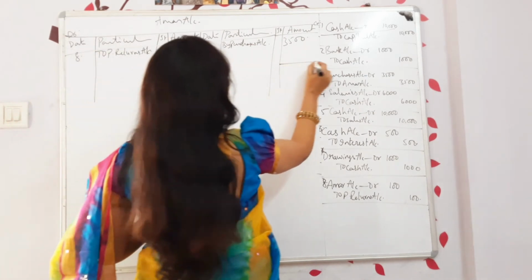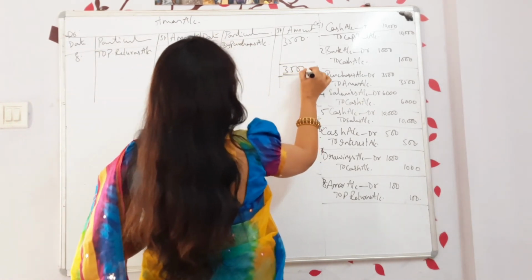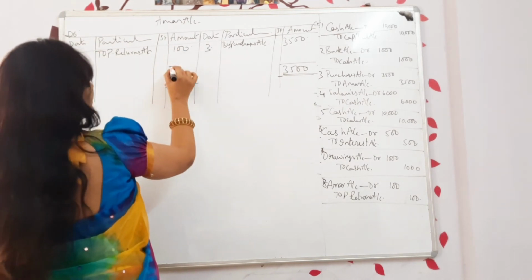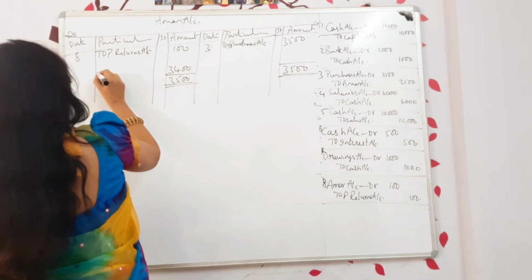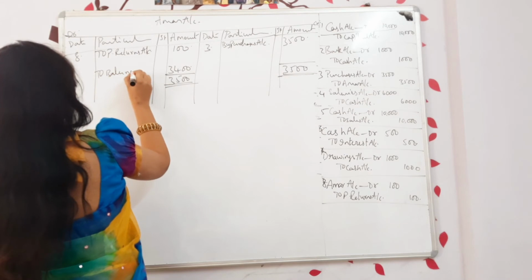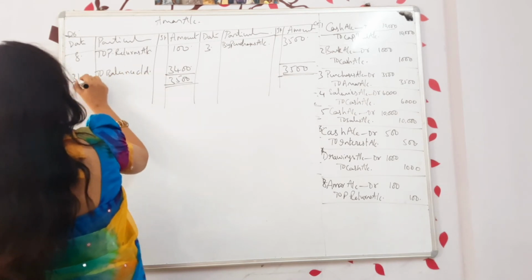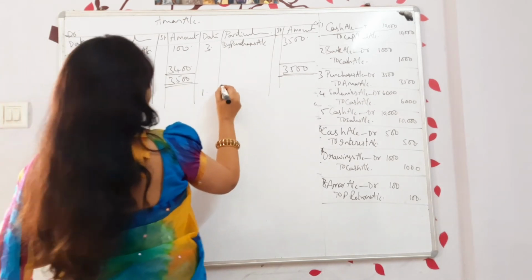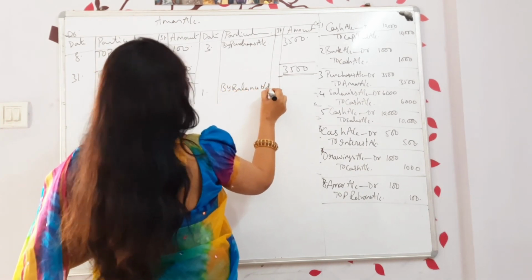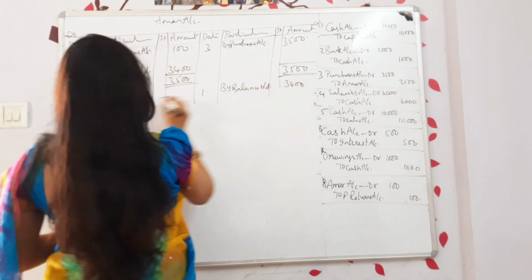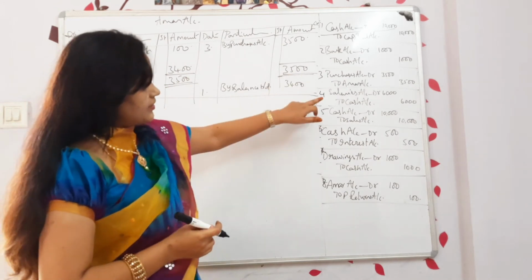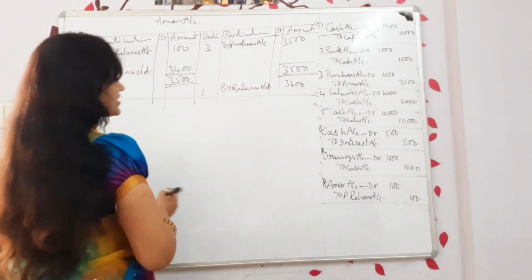I think the credit side is more: 3,500. Here how much is there? 100. 3,500 minus 100 is 3,400. This is called to balance carried down on 31st. Again on the 1st, by balance brought down 3,400. Next, Amar done. Salaries. Let us prepare salaries account.